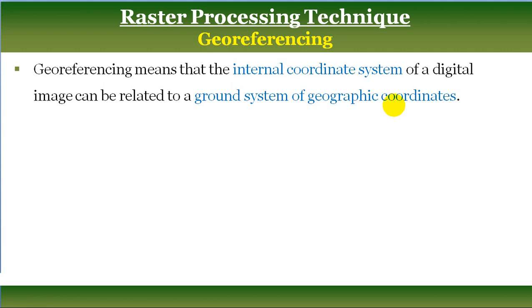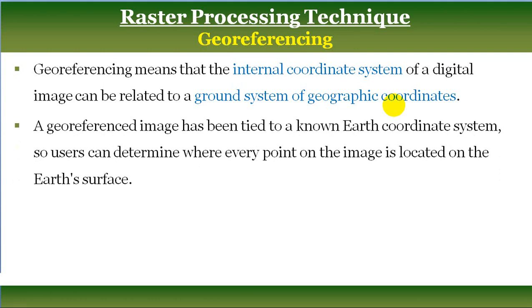By doing georeferencing, a georeferenced image is tied to a known earth coordinate system so that the user can determine where every point on the image is located on the earth's surface. Once you georeference your raster data, for every feature you can identify their geographical location, their longitude and latitude value.